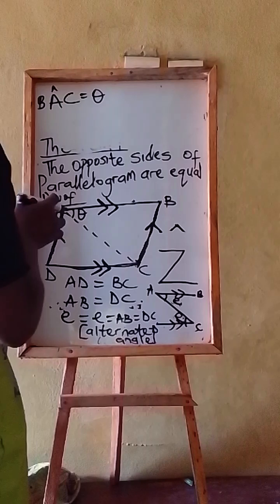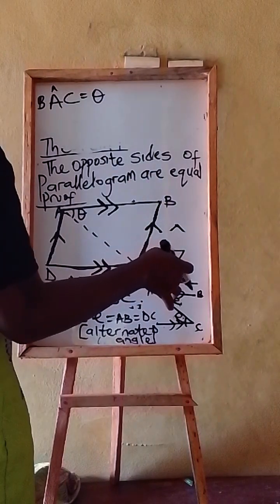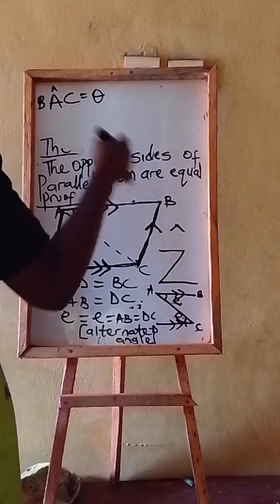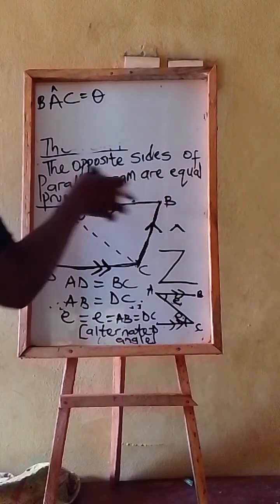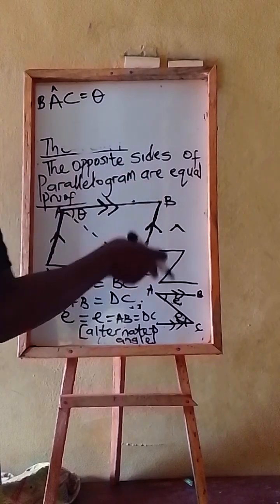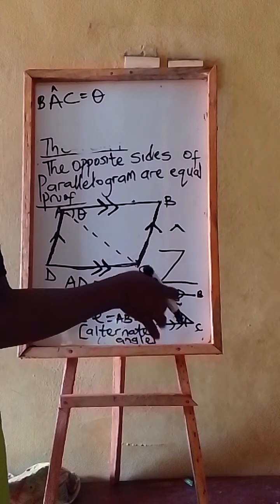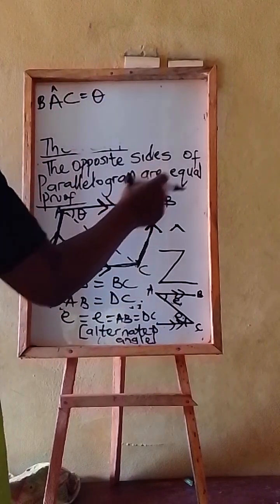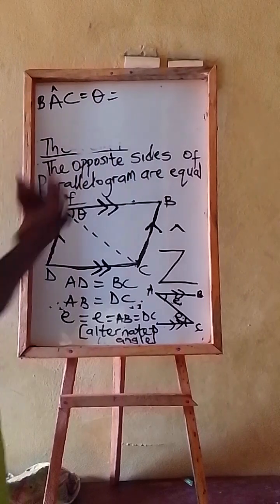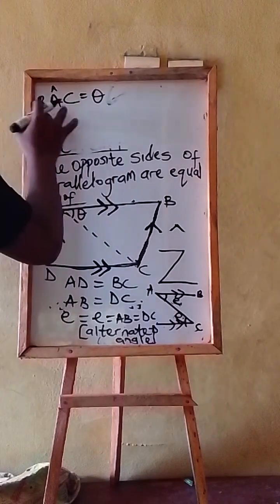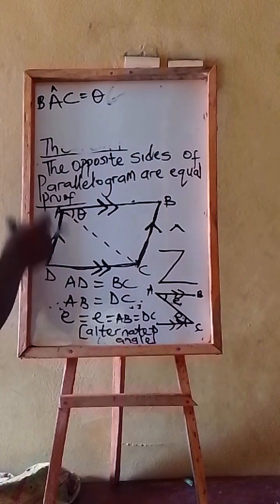Now, if BAC is equal to theta, which is still the same thing as 180, sum of a triangle. So ABC is still equal to sum of a triangle. You can prove it that way. Or you can write BAC equals theta, then DAC